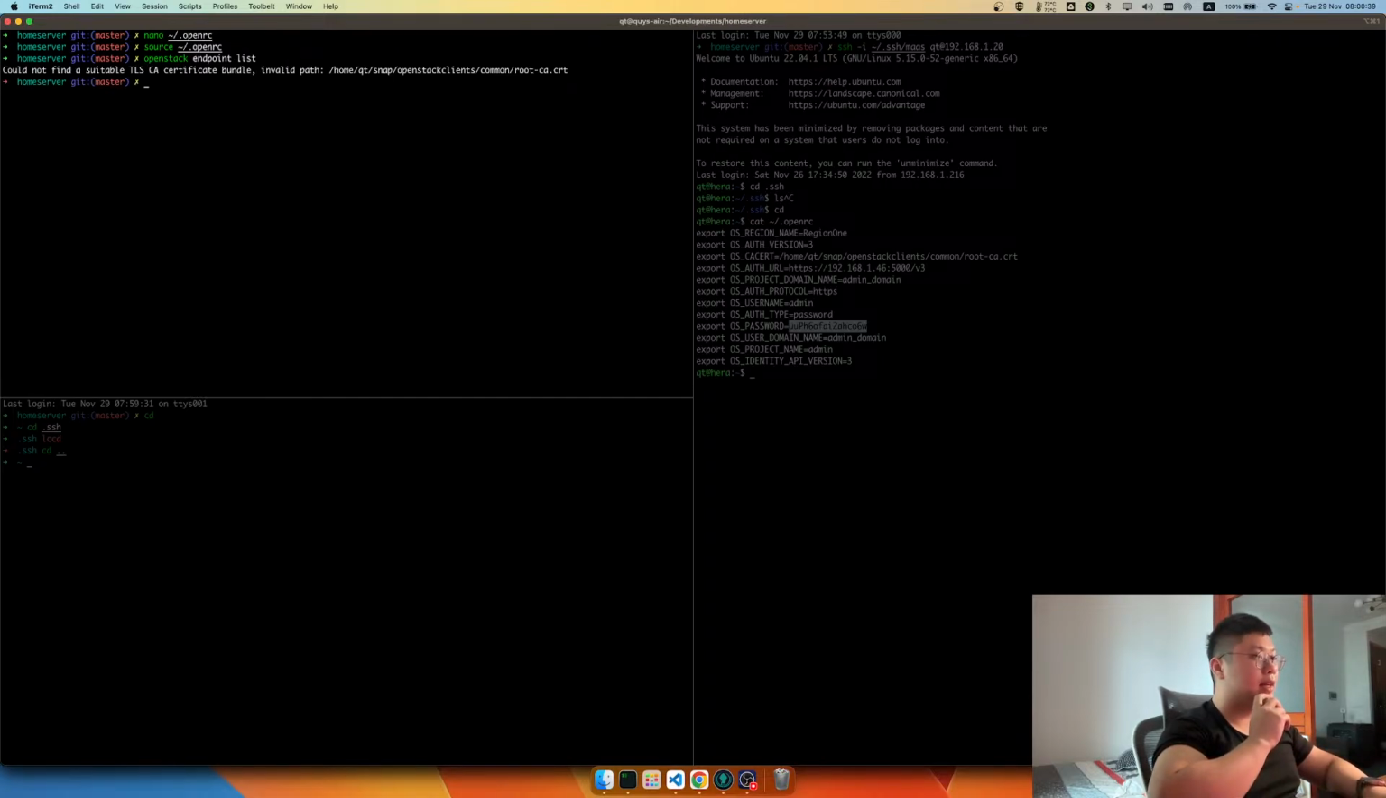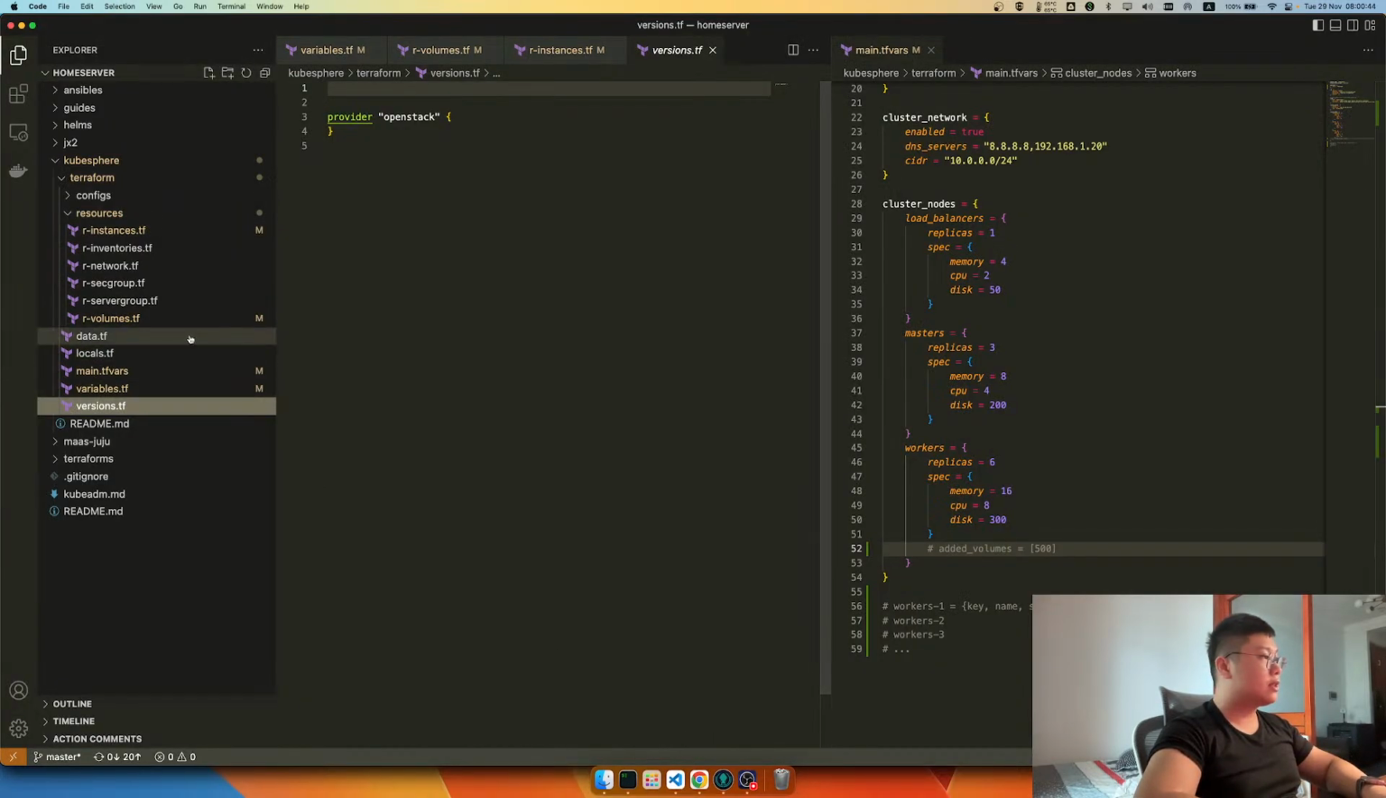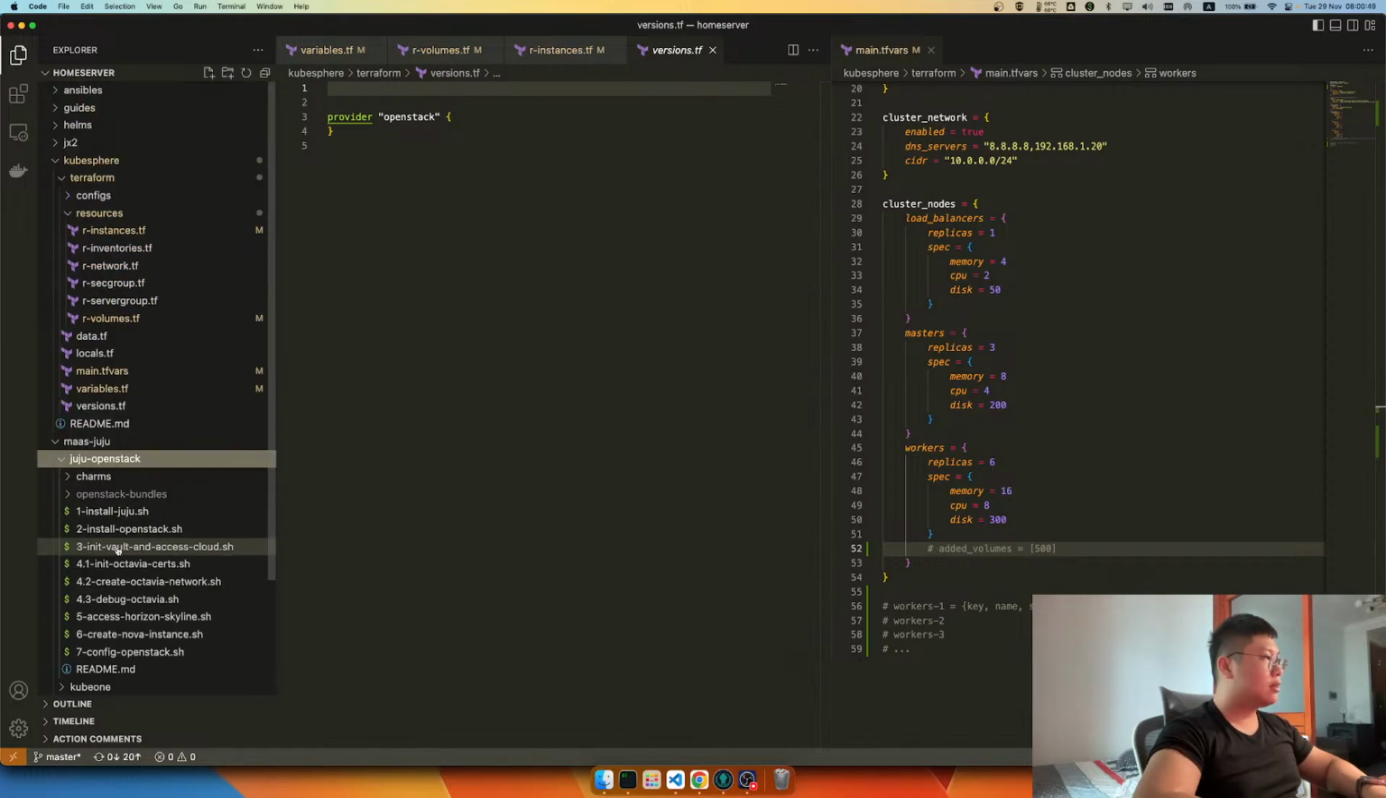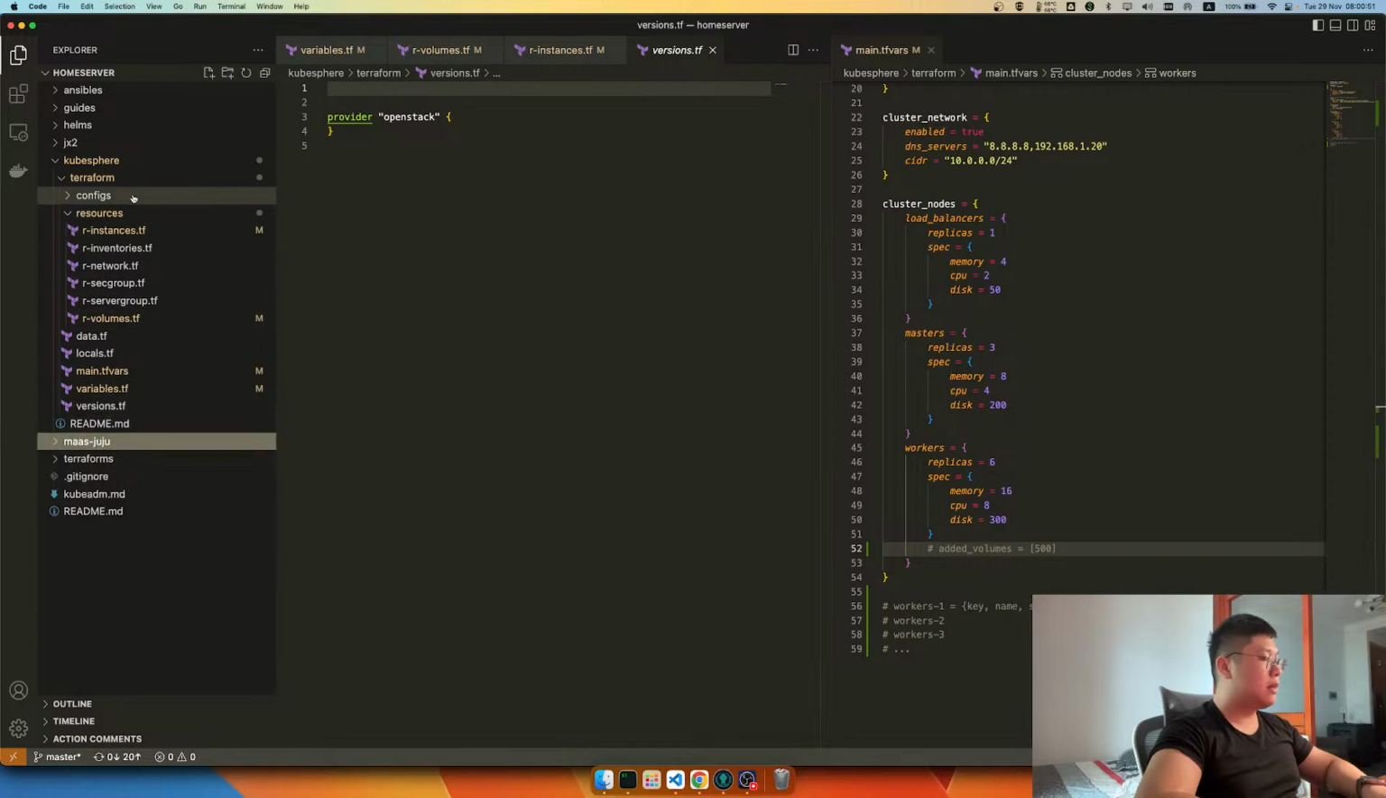Yeah, invalid path. So I need to fix this path somehow. Let me double check the README first. I think in the master OpenStack, I do put it somewhere. Oh, by the way,